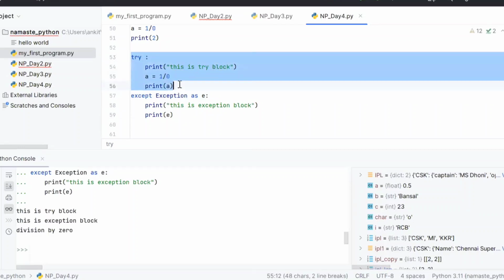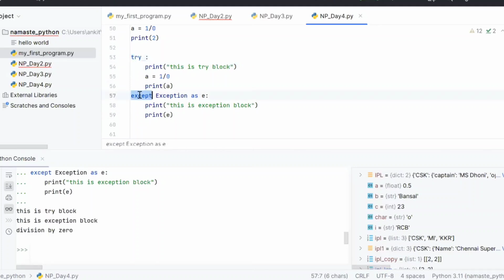General use cases, you should put everything in try. Whatever code you are writing in Python, you should write in the try block. And then you have an except block, and you can do whatever you want. Like I said, if you want to notify someone that there is some error, you can write code here to send an email, and you can send the error as well using this e, saying this is the problem and this is the exception. And that person can take some action based on that.